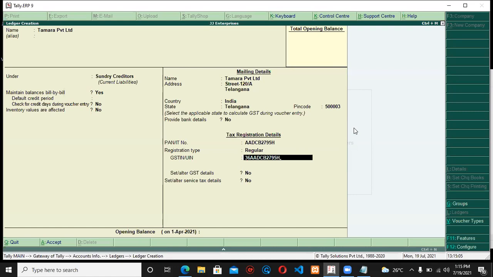This is the PAN card number which I've added, and then we have 2ZI. So that is your valid GSTN number. We are not setting the option to alter the GST over here. We have already implemented GST at company level. Control A to save this.